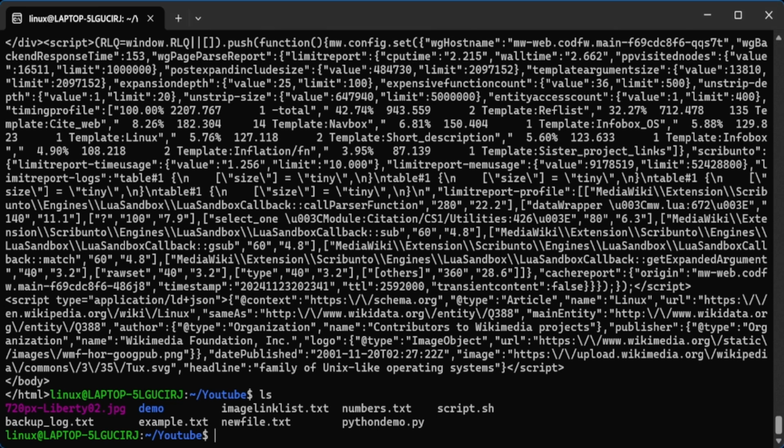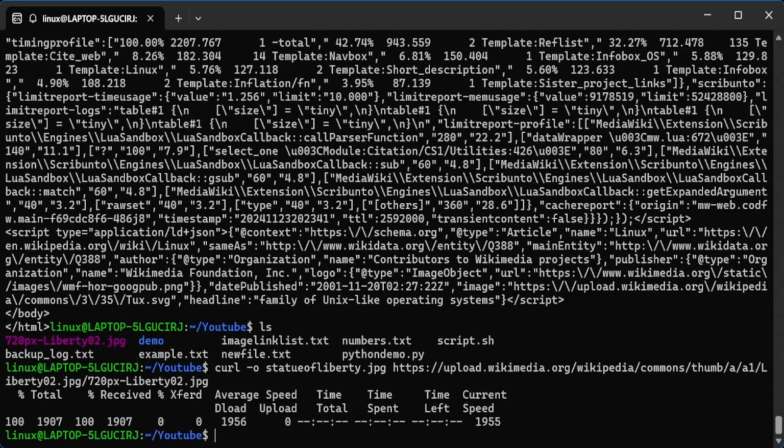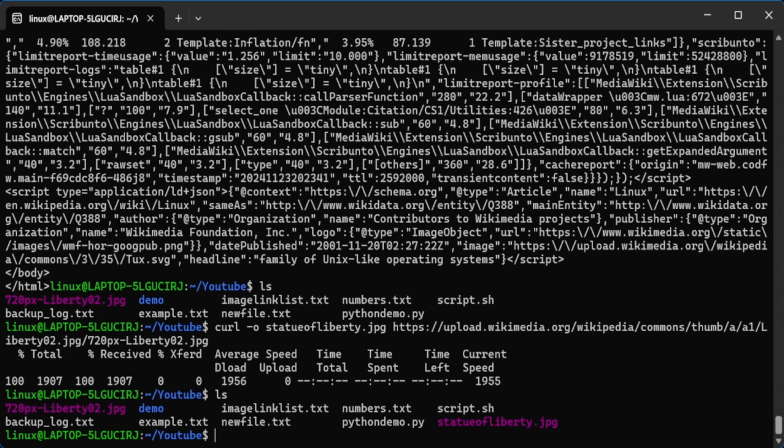To demonstrate that, let's say you type curl -o, and then let's say we are writing statue-liberty.jpg, and then the link, and when you enter, it will again go and fetch that particular data, and when you type ls, you see that that image file of the Statue of Liberty has been downloaded again,